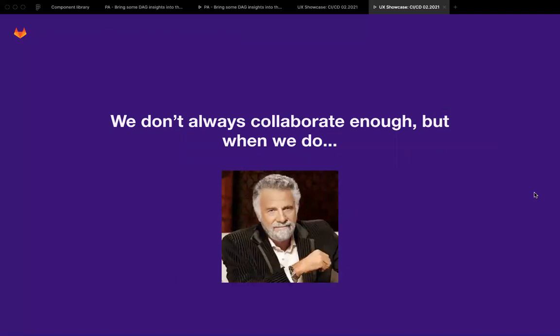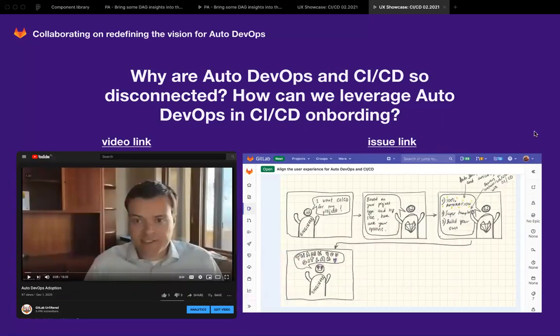And I have a good example of cross-stage collaboration in the ops section. It happened quite recently that we started talking about Auto DevOps again. When I first joined the pipeline authoring team and started learning about CI/CD, one of the first things I noticed was that for some reason, Auto DevOps and CI/CD, even though they seem to solve a very similar problem,